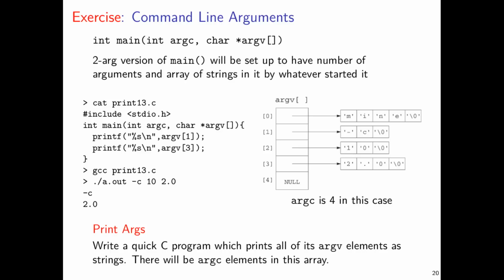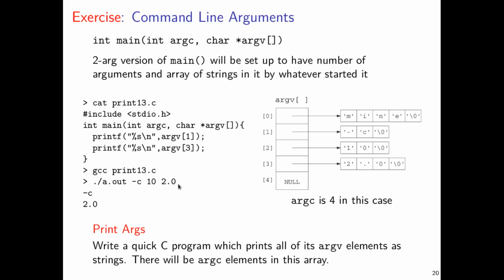So for example, if I were to compile this print13 program, which, as you can see here, prints out the first and the third command line arguments, the image that I might get would look something like what is over here in memory, although there's one minor difference that we'll get to in a second. And if I pass along the command line a -C,